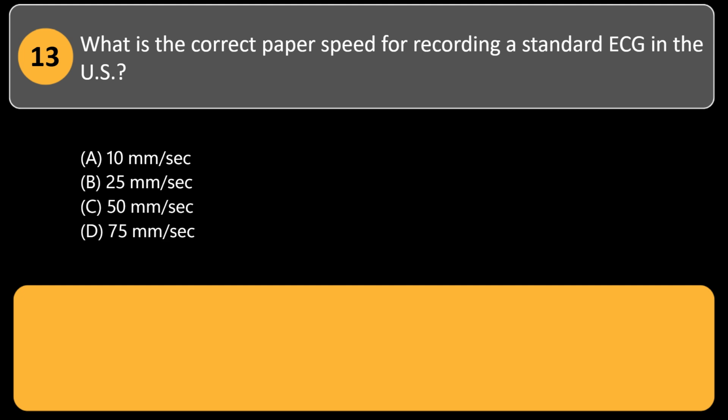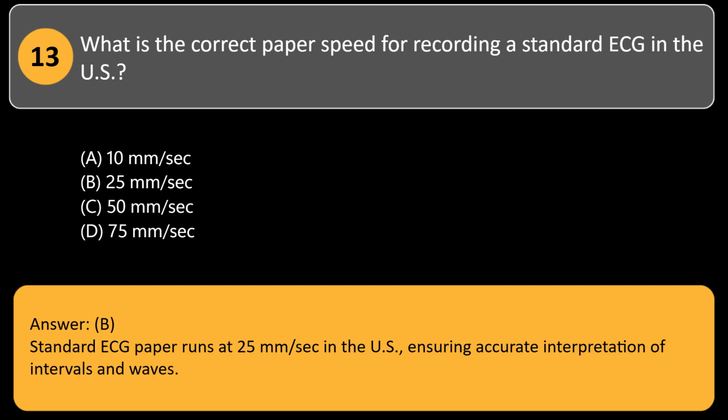What is the correct paper speed for recording a standard ECG in the US? A. 10 mm per second. B. 25 mm per second. C. 50 mm per second. D. 75 mm per second. Answer, B. Standard ECG paper runs at 25 mm per second in the US, ensuring accurate interpretation of intervals and